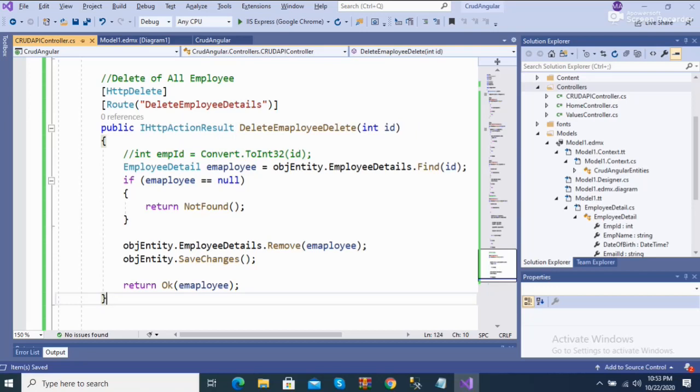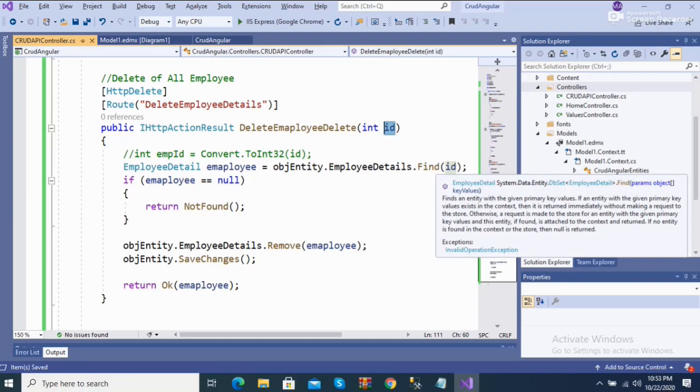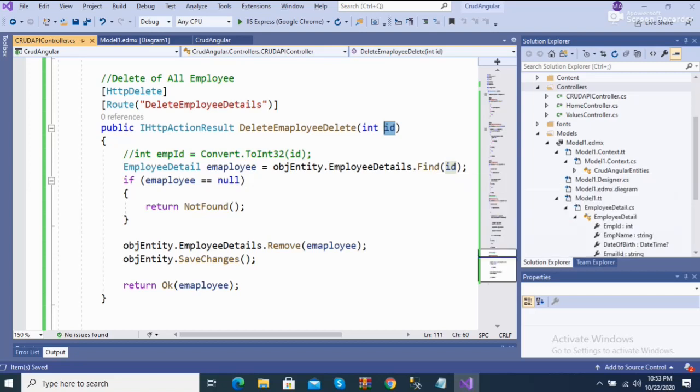In this delete I just add a parameter of type integer with the name ID. We don't need the ID separately because we are creating the employee details model. So the employee details model has an employee object, and to this object we add the ID into the Find method. The Find method works when you want to get any employee by ID which is stored in your database. So now we add the if condition, equal to null, and it returns NotFound for the employee record.